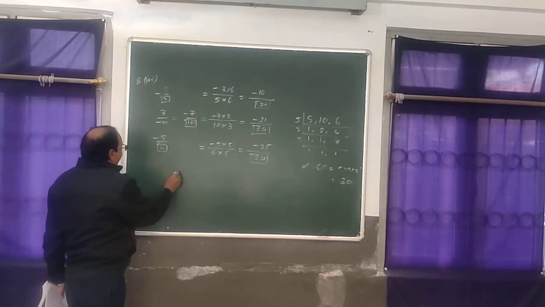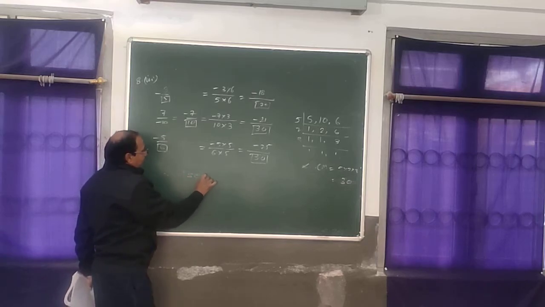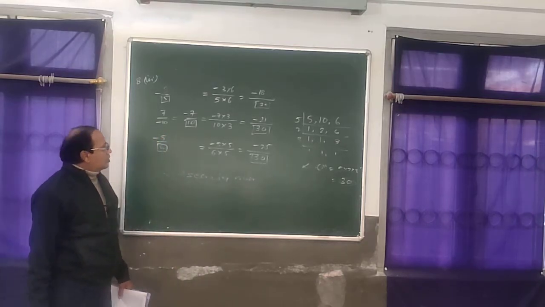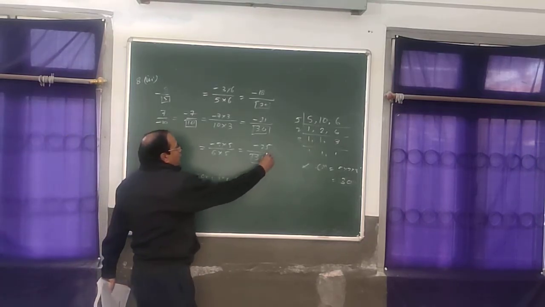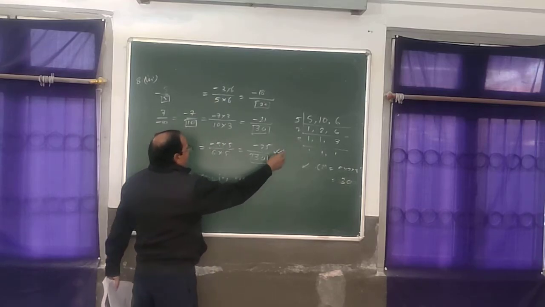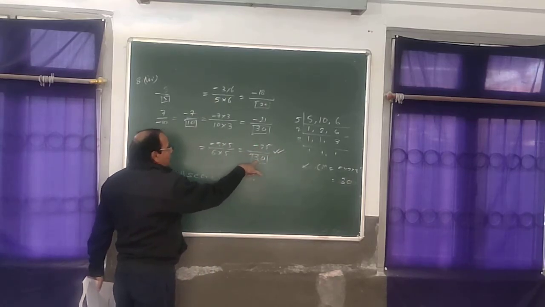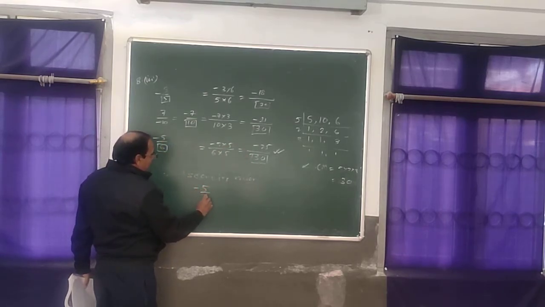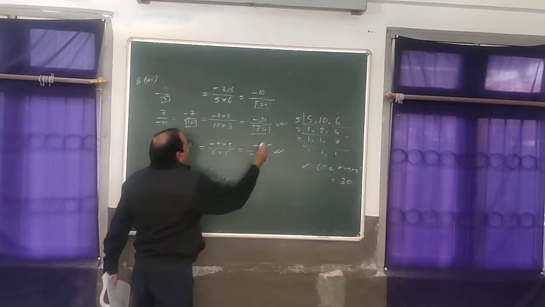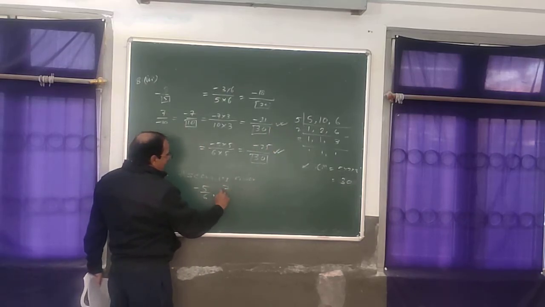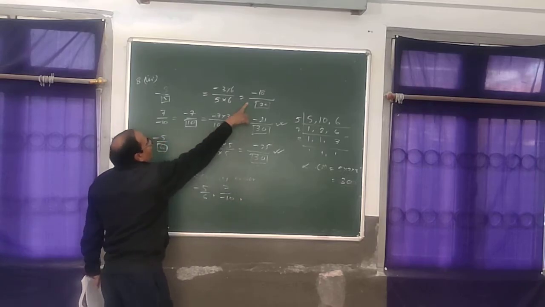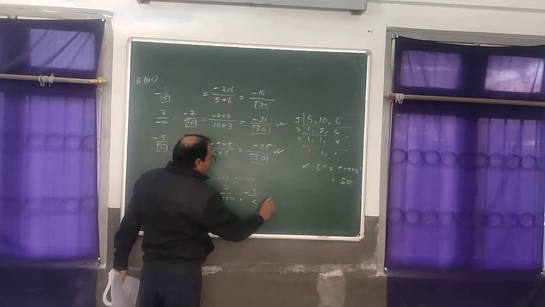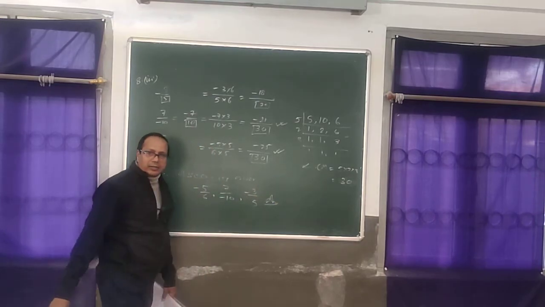Therefore ascending order means least to biggest. Least to biggest means this is the least. So minus 25 by 30 is least, but we will not write this fraction, we will write the original fraction. Minus 5 by 6, then this one 7 by minus 10, then the last one, this one minus 3 by 5. It is your answer, right?